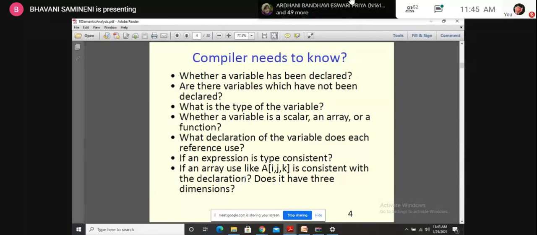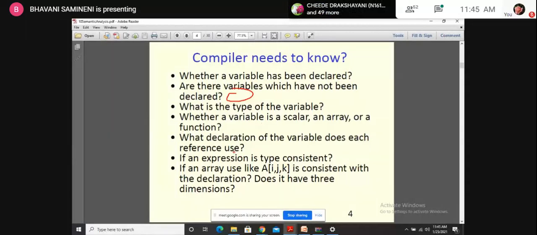So those we can call some runtime variables also. There will be some runtime variables and compile time variables, right? So if there are runtime variables, those will be stored here also. Whether the variable has been declared or not declared. If it is declared, no problem. If it is not declared, then some processing has to be done, and the data type, and the next one is scalar, or whether the variable belongs to an array, or belongs to some data structure, or belongs to some function or not. Okay.